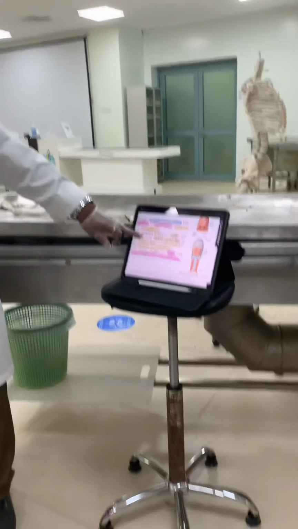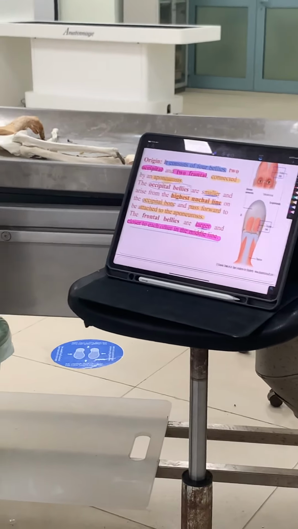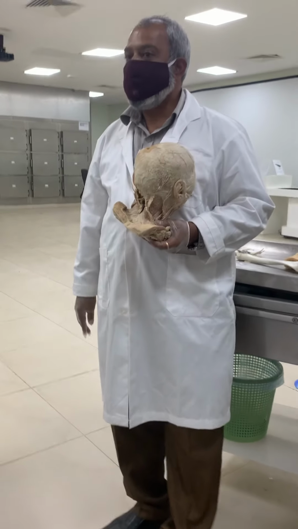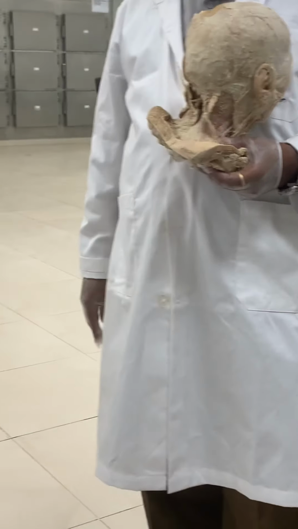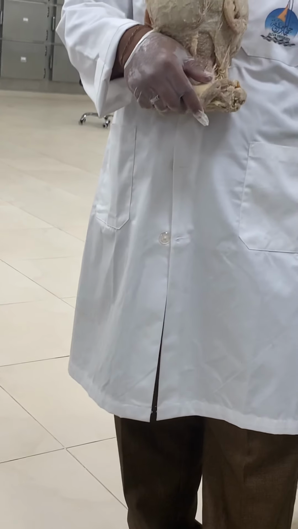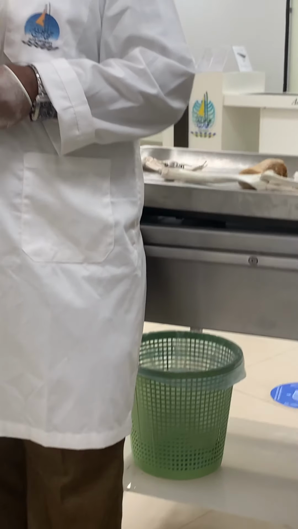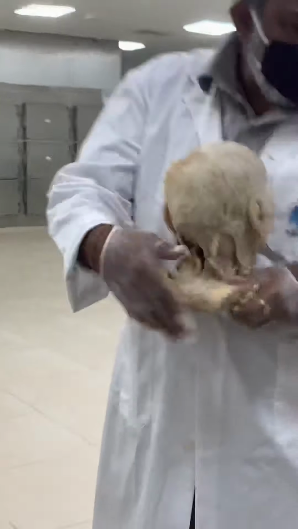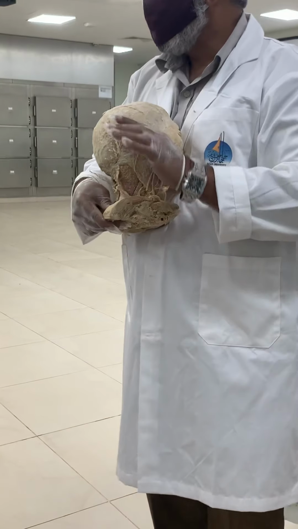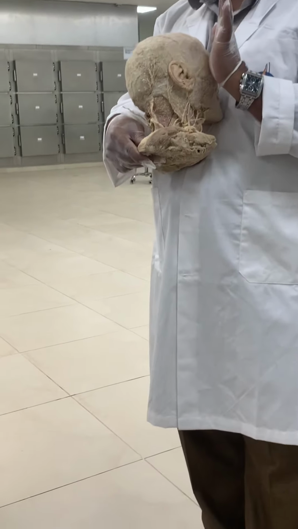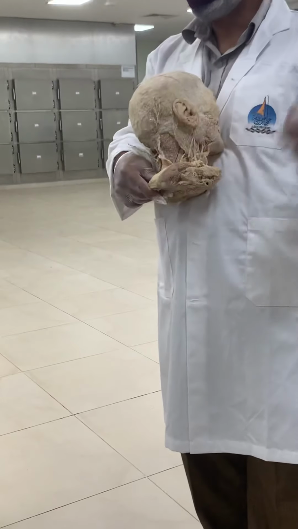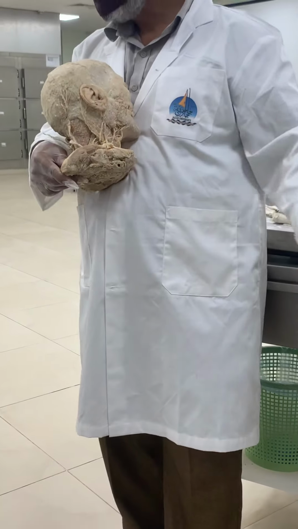Then the occipital, from where? Highest nuchal line. So where is the highest nuchal line? Show me in the skull. Highest nuchal line. Yes, from here. That is why I am telling you repeatedly: if you don't know these names, the bones of the skull, you will feel difficulty. That's why I am telling you repeatedly. Watch the video, and if you watch the video, it will be easy, just like a movie.